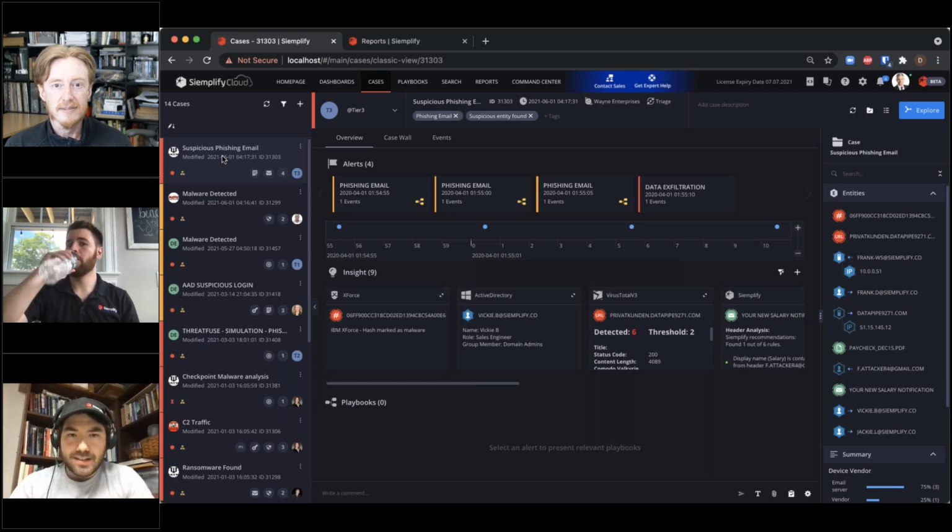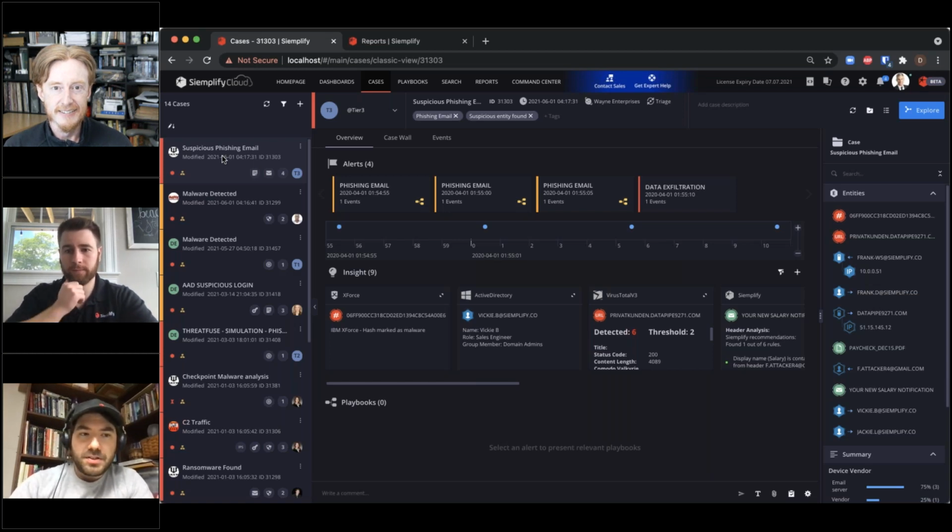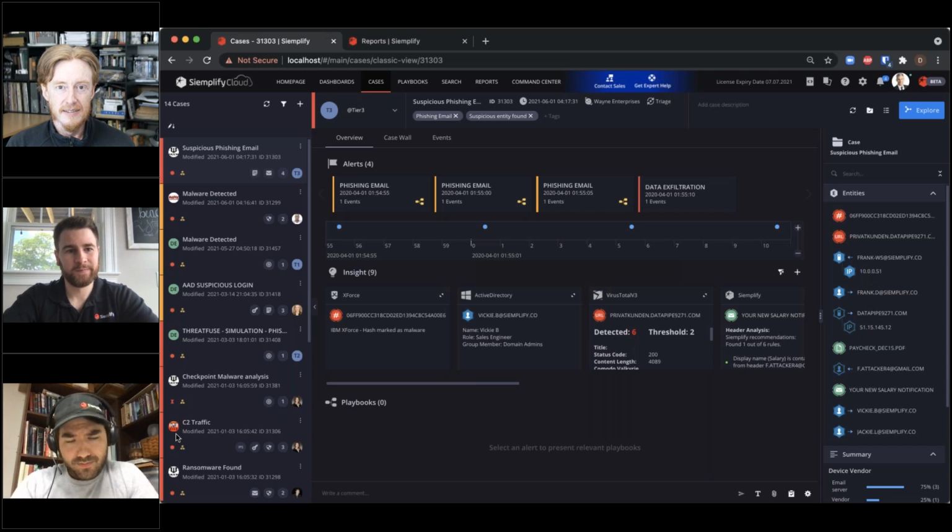And one of the things, like we were talking about with multi-tenancy earlier, is that as Simplify is ingesting this information, we can dynamically decide, or you can statically assign, these alerts being ingested to a specific environment, whether that's a customer or a tenant or whatever you want to call that. We can put it into its own customer, and based off of the permissions you want to supply the analyst, you can give them the ability to see 1, 2, all environments in the solution, so that they can come in here and actually work those cases.